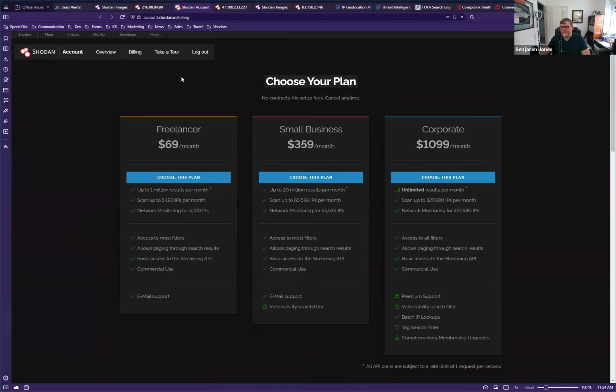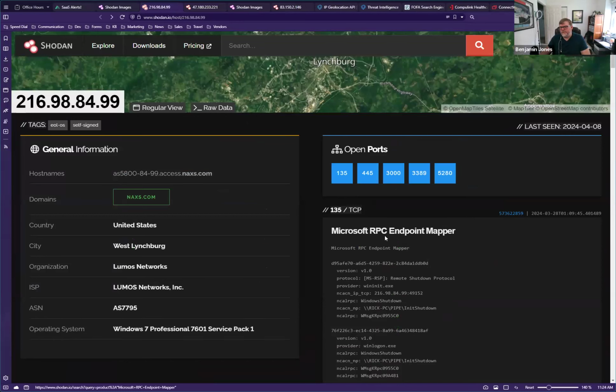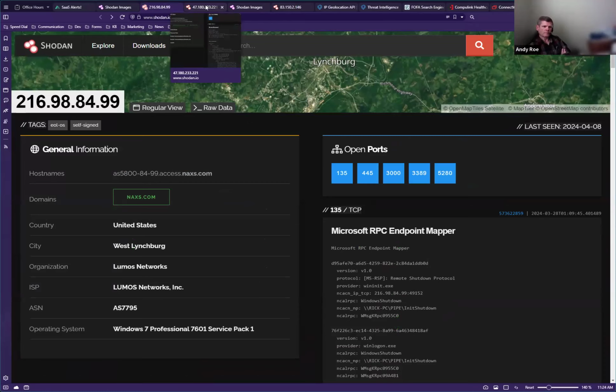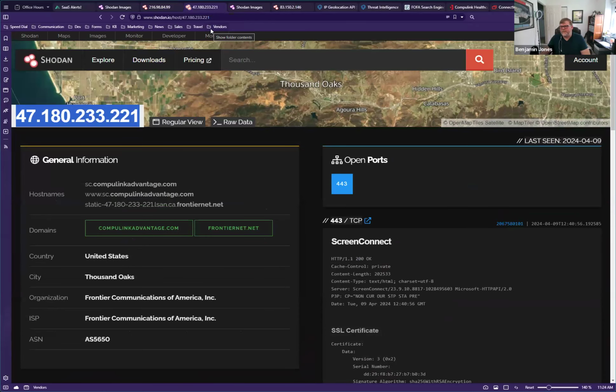But we use this pretty extensively, even just on ourselves to find out, hey, what's accessible out on the internet? What does our IP address say about us? And also, I use this to do a search for anybody hosting, say, a VSA or a PSA. A lot of people are still doing their own hosting, and it's quite possible many of them aren't patched,